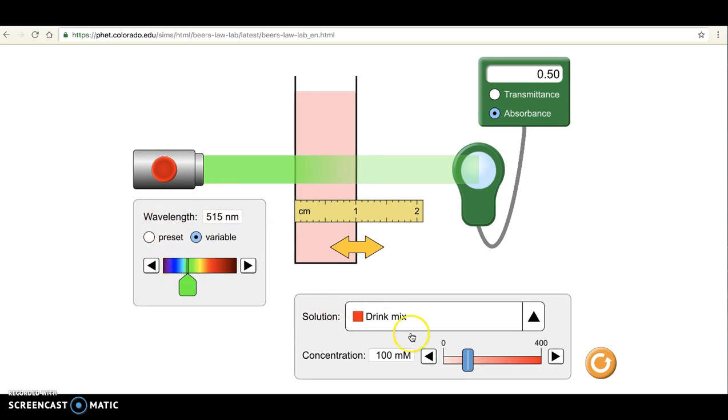Red solutions look red because their molar absorptivity is large in the green wavelength region. If we then think about concentration, here's a concentration slider bar. So I can start to increase the concentration. If I increase the concentration, you can see my absorbance is increasing as well. And if I decrease my concentration, I start to decrease my absorbance. If I head back to its original setting at 100, I think it was at 100 millimolar,